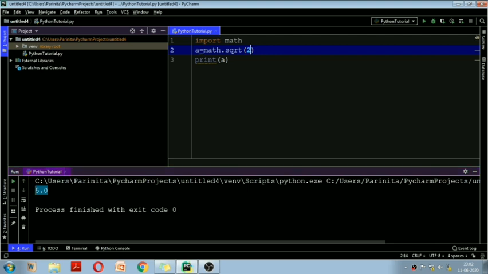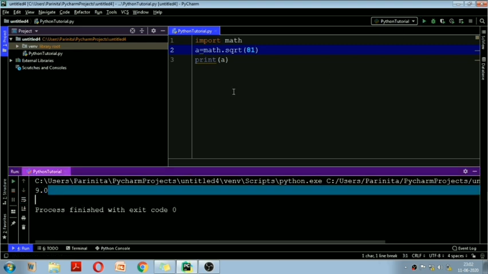Similarly, you can check any other. If I am taking the square root of 81, I should get 9 here. See, I am getting 9. Simple as that. Got it? So this is the only difference: for these functions, you have to import the math module, and then how will we get the value? This module name, that is math, dot, and then you have to write the function name like sqrt as shown here.